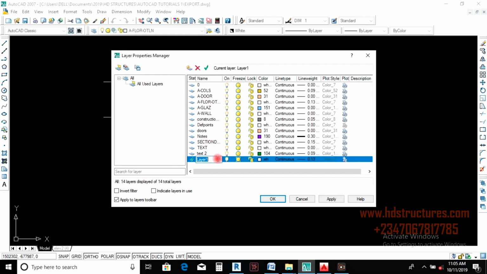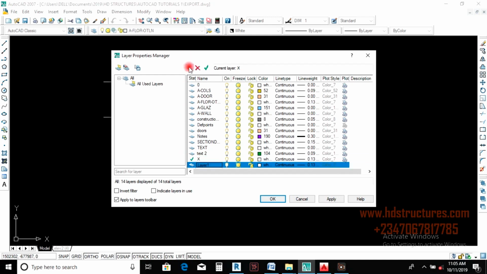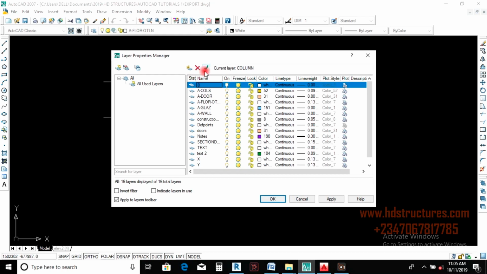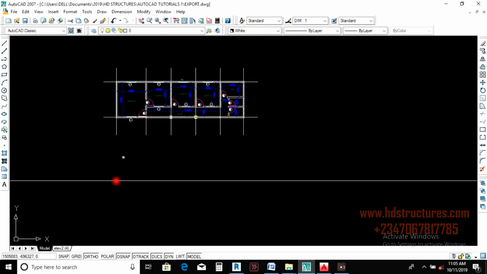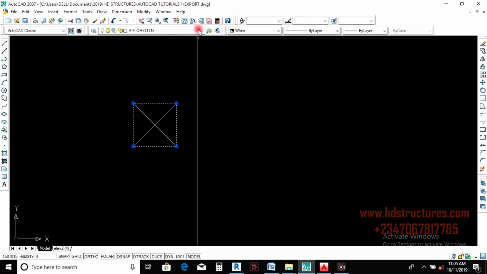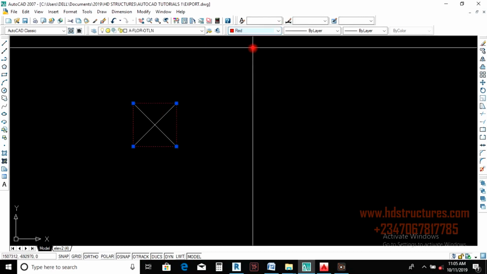So this is how I do it. I type X, that is the X axis. Then I'll click on another new, double click on it, and type Y. Then I'll click on another new, double click on it and write column. Yes, that's it. So I'll go back, activate my 0, apply and close. Now if you like, you can change the color of this column to red,